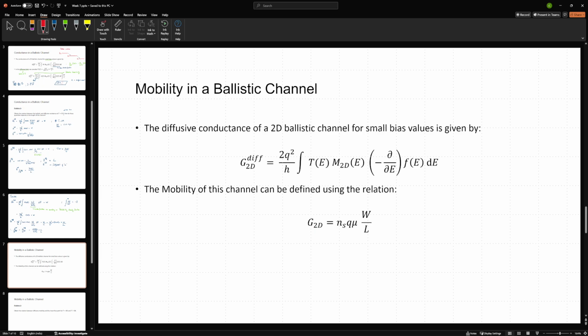This diffusive conductance can be written in terms of the surface charge density times Q: the number density, the charge, and the mobility, divided by W into L. So from this I can say that mu is equal to L by W into 1 upon Ns times Q into this above integral, which is 2Q squared upon